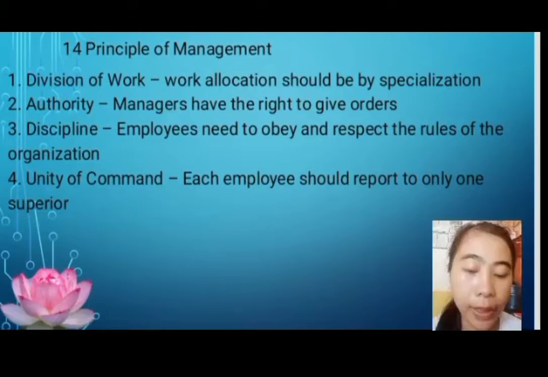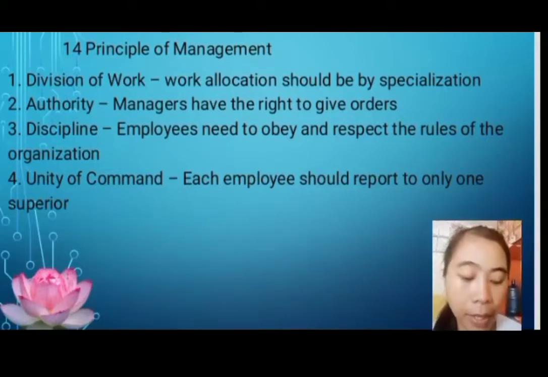Number 3 is discipline. As a member of an organization, ang isang empleyado ay may responsibilidad na sundin ang ipinagagawa ng isang mas nakakataas sa kanya. Number 4 is unity of command. This is important. Bakit? Maiiwasan ng mga empleyado ang magkaroon ng confusion kung ano at kung sino ang dapat niyang